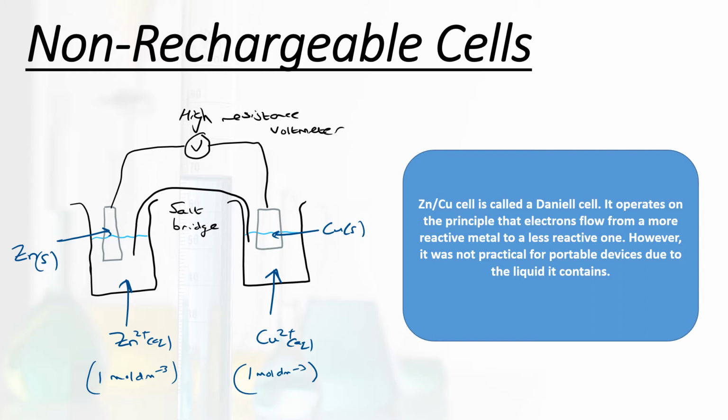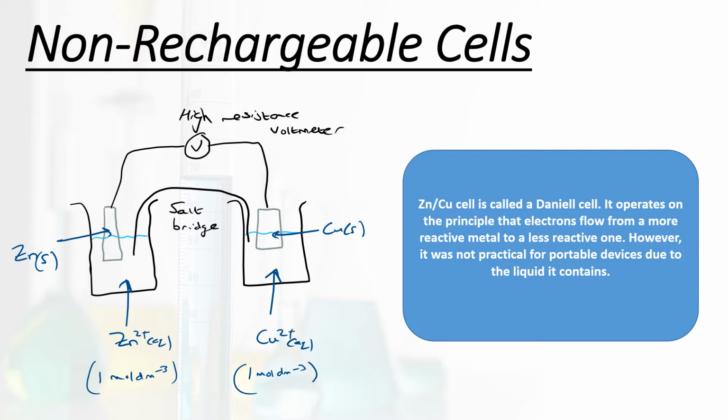It's made from zinc and copper electrodes. So remember that our electrode is the same thing as a half cell. So our zinc electrode, our zinc half cell, is a solid zinc rod dipped into a solution of its own ions. And we also have the same thing for the copper. We have a high resistance voltmeter to measure the potential of this cell, but normally it would just be a wire connecting the two. And we also have our salt bridge to neutralize any sort of build-up of excess charge